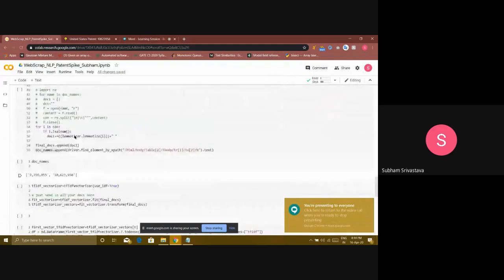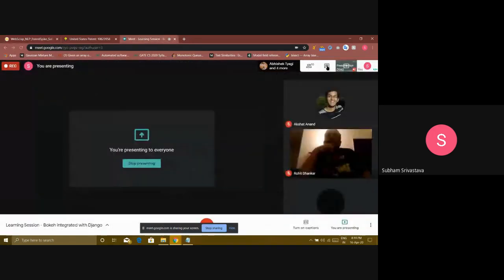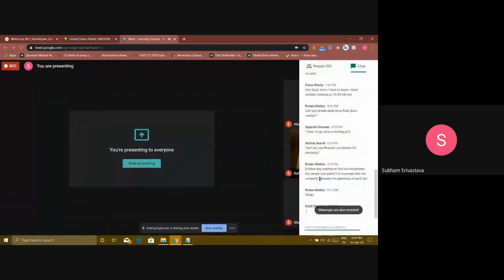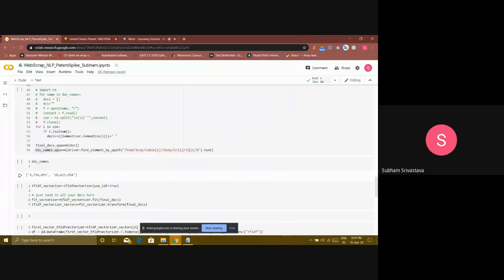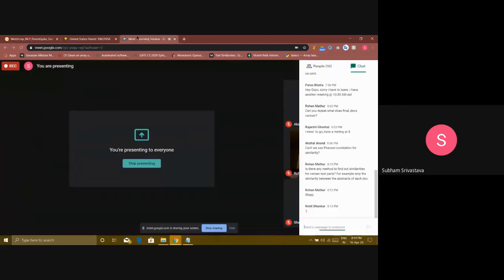And yeah, another thing, Rohan. Sorry. You were asking about different similarities for certain text parts. What I am doing right now is giving the input in the form of direct text, so the vector it is creating is based on that text only. So don't think that these different parts of text are not being matched.